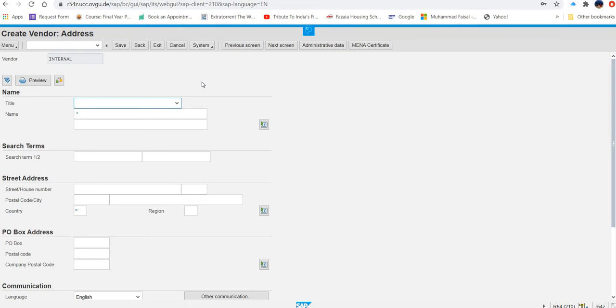Now further data you have to enter here in the create vendor address screen. So we are on the right track. We have to select Company as the title, and then the name they are asking us to put is Midwest Supply.